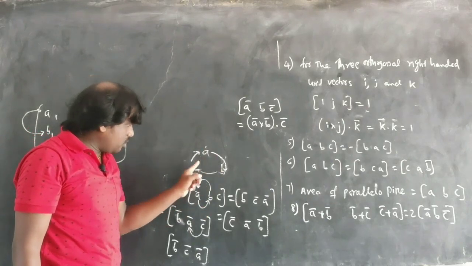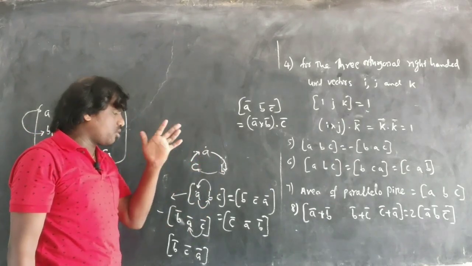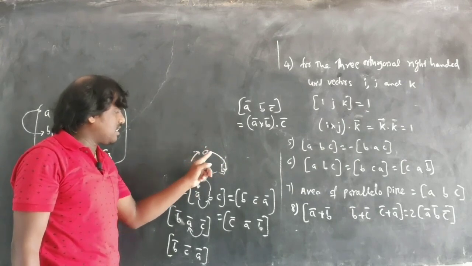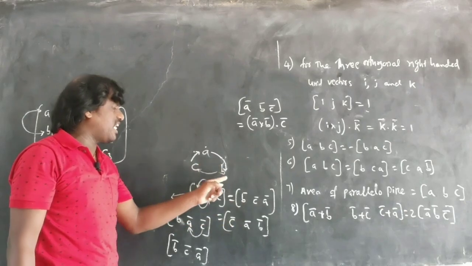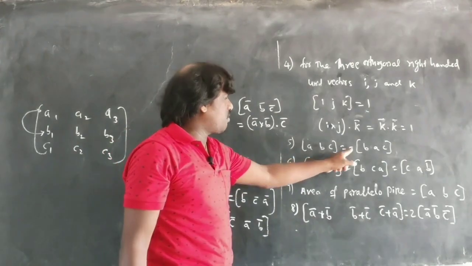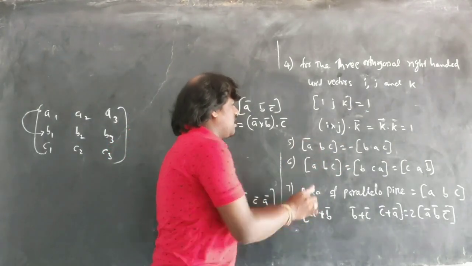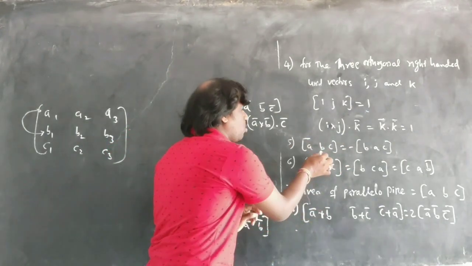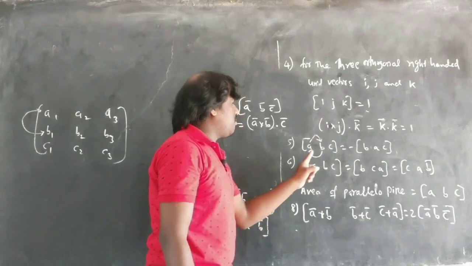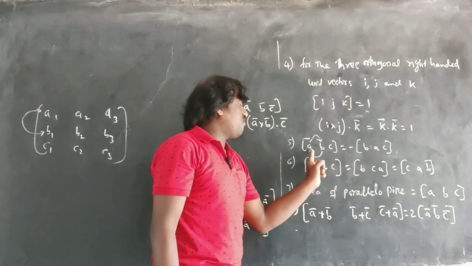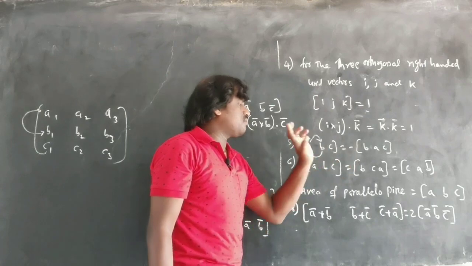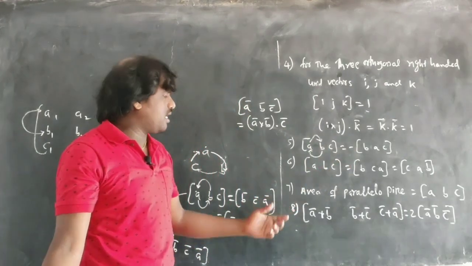This cyclic order, you just remember this cyclic order, all the stories are not required. ABC is there. This time it will be positive because it is changing twice. In other words, here this is minus. Why is it minus? You can see in this ABC how many times it is changed? Only this B came here and A went there. It means only one change is there. Whenever in the box one row or one column is changed, that is minus, you will get the answer. That I already explained to you.